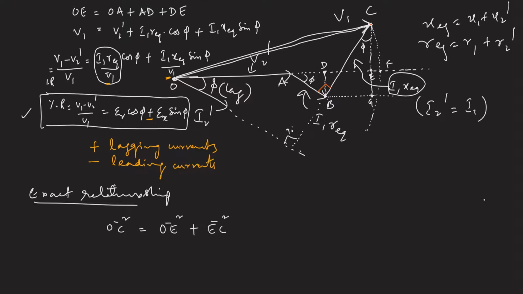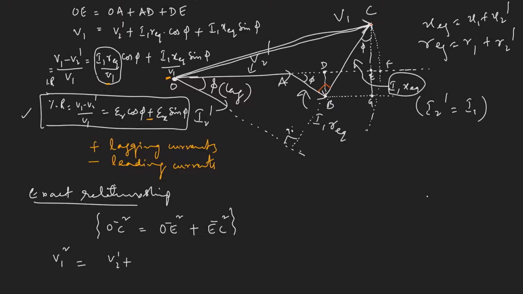So this phasor length square is equal to OE length square plus CE length square. Based on this relationship, we'll substitute all the values and try to find out. So V1 square is equal to OE,